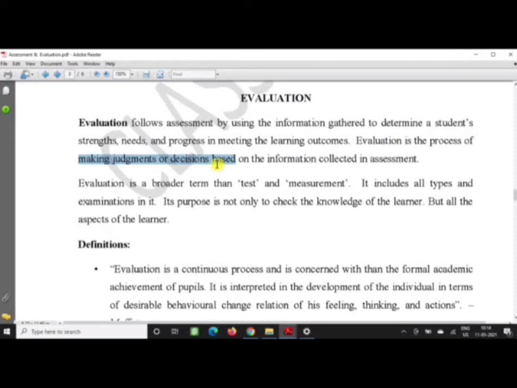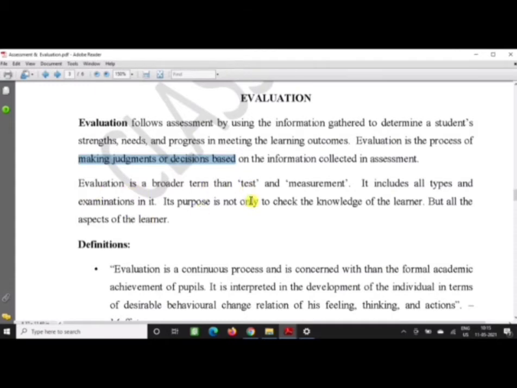So the judgment is given that this child is a higher achiever and this child is a lower achiever. This child is an average achiever, and these children have failed. So this decision is given, and students stay with this decision until he or she gets into the next class. Then students may get a higher percentage in the next class, and again the next evaluation will happen and the next judgment will be given.